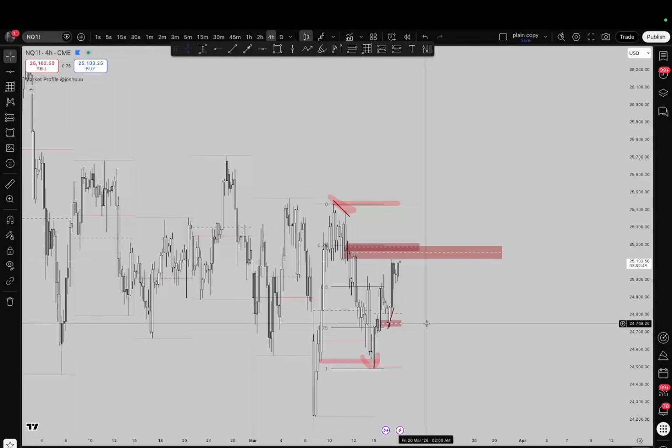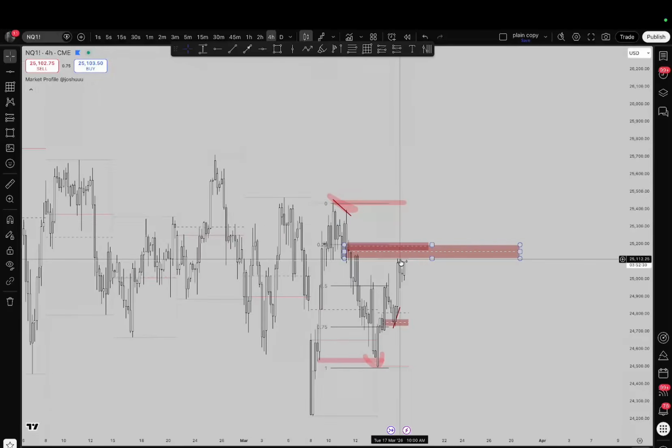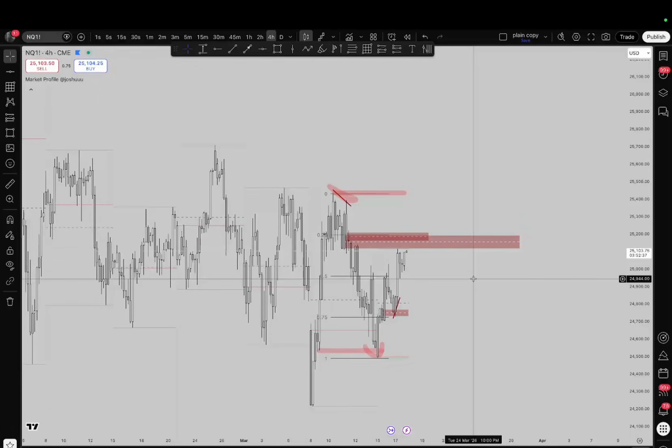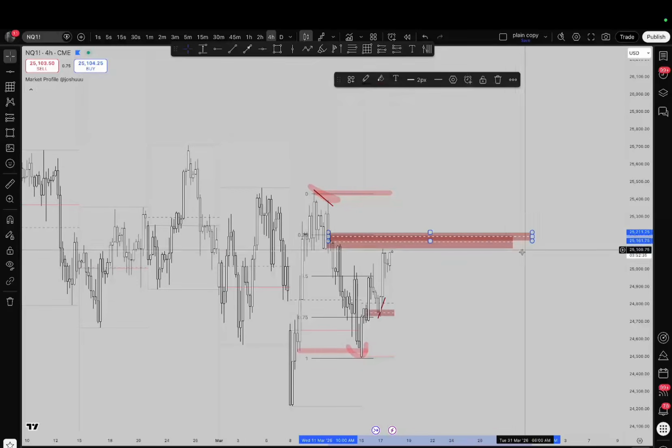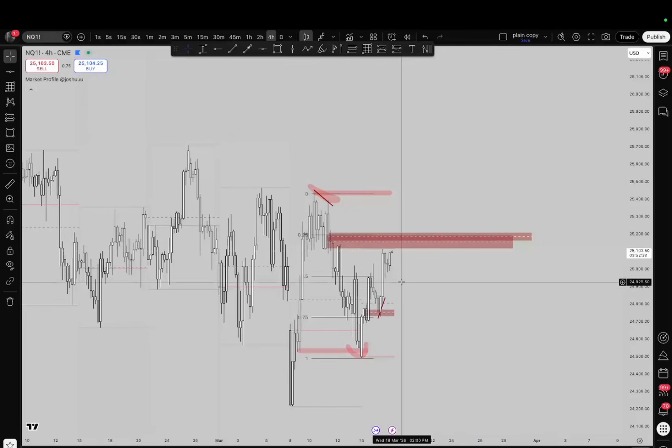But I think a higher time frame objective is going to be to come for these highs, because this is just too low of a time frame. But yeah, same thing as I said yesterday. This is our box. This is what we're looking for. If I see this overnight get respected,